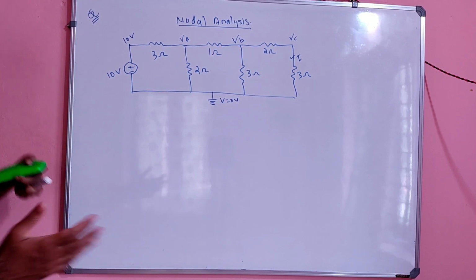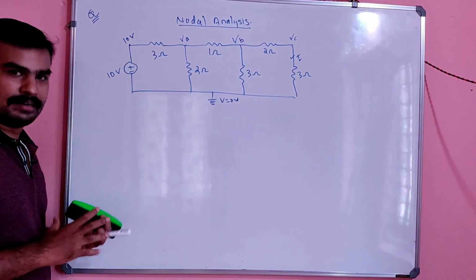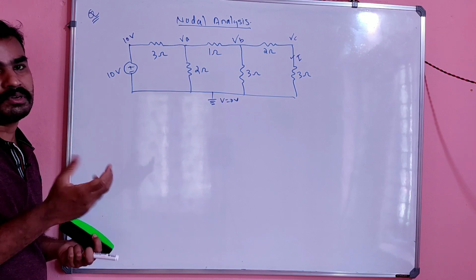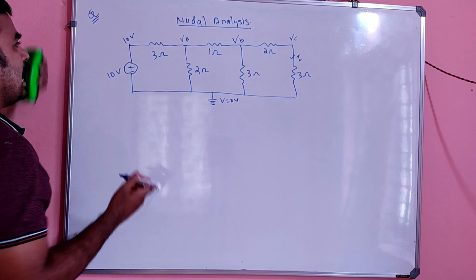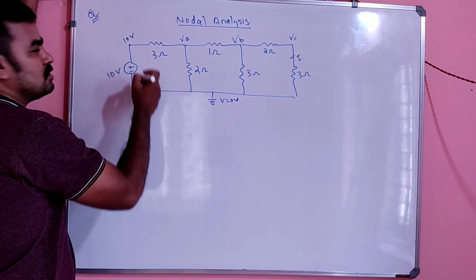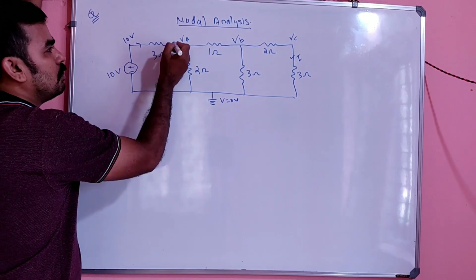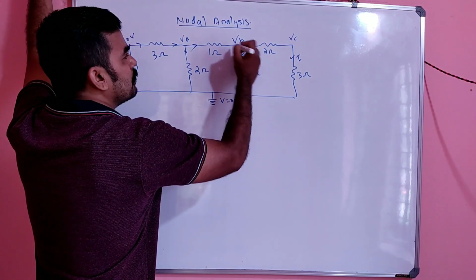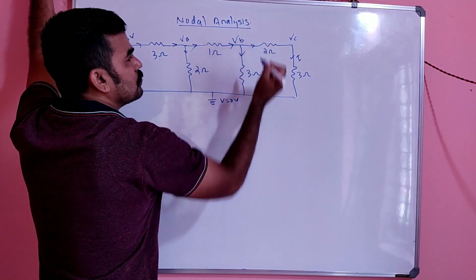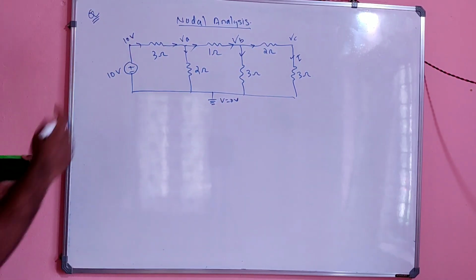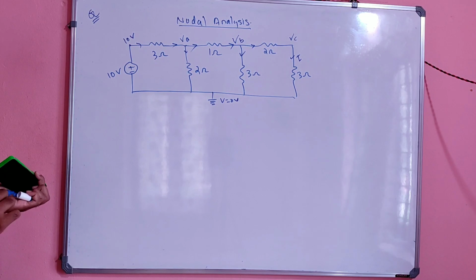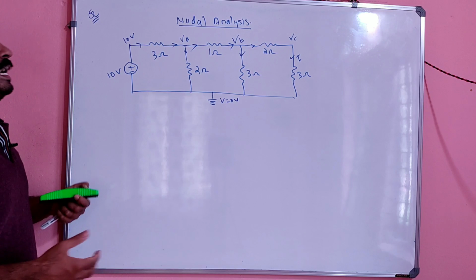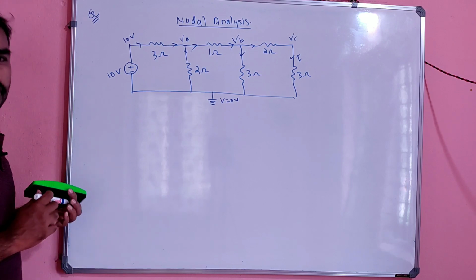Okay. And next step is assuming the direction of current at the nodes. At nodes you have to assume the direction of current. Of course this is a plus and minus node, here there will be a current flow like this. I am assuming the same current is flowing like this. So I assumed some directions of current like this. No? And you have to consider each node.